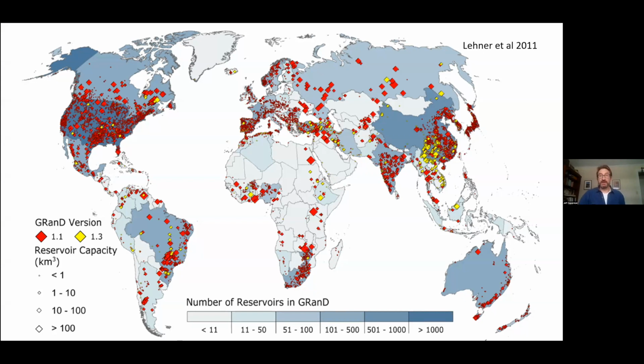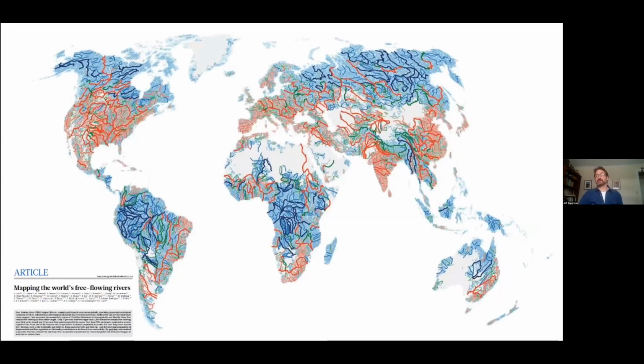Now, the flip side is what is not dammed. And these are the free-flowing rivers of the world. This was a paper, the lead author was Gunther Grill, but my colleague at WWF, Michele Thieme, was really the driver behind this research. And so this was the first time that scientists around the world came up with a consensus definition of what is a free-flowing river, what are the characteristics that create a free-flowing river, and then map them around the world. And here the free-flowing rivers are in blue, non-free-flowing rivers are in red, and the thicker